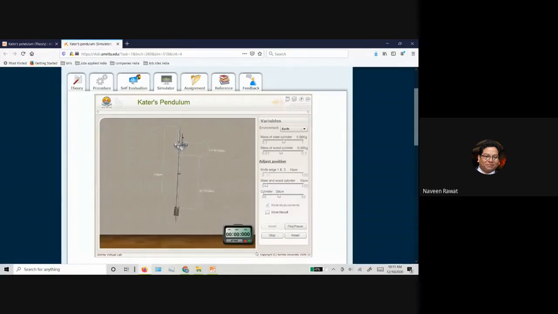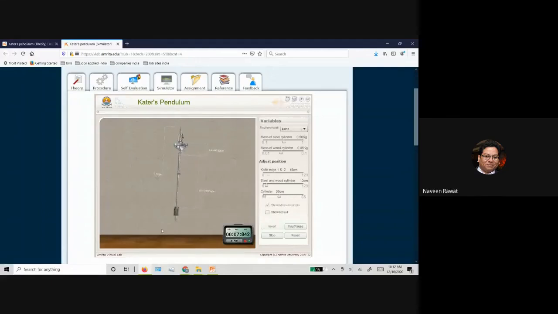Okay, so now it started oscillating. There I go, I started. Okay, and see, now it works fine. Sometimes there is software running on the computer that really slows down the simulations. Okay, so I want to start from one side right there. Okay, so now it is going. So I have one oscillation, two oscillations, three, and so forth. And then once you have 10 oscillations, you can just hit stop and you will get the time.